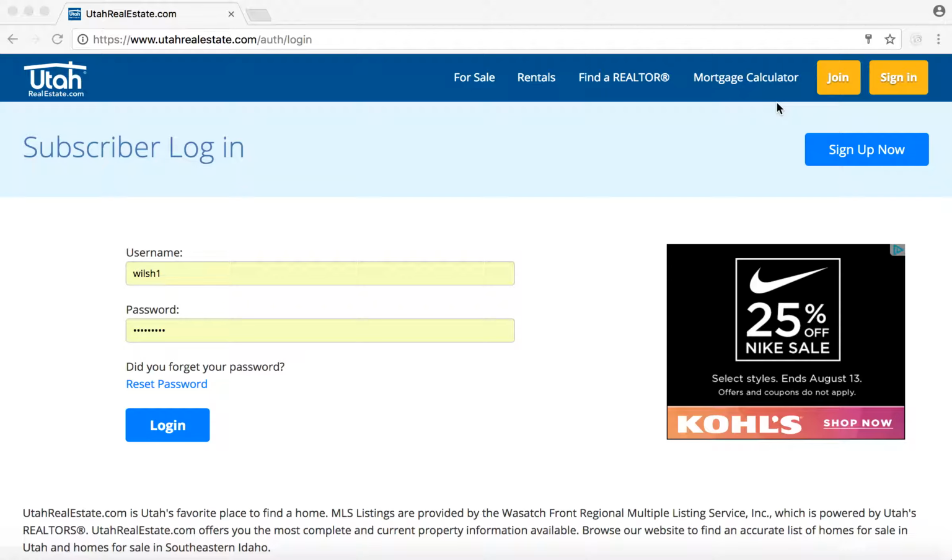So today our focus is going to be on running a CMA, which is a comparative market analysis that you are going to run on behalf of the sellers to try to come up with what fair market value is in today's market. First thing you're going to do is go to